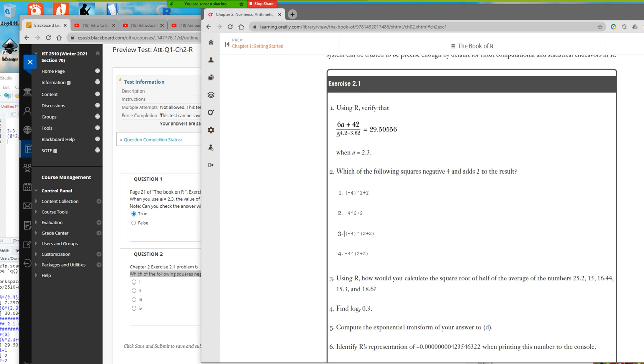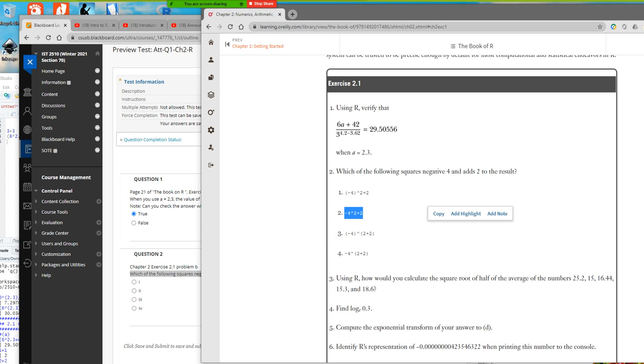It would be number 1. Yeah, I think it's number 1, right? So negative 4, and you square it, and then you plus 2. I'm just curious, if I just type this in, I think it's number 2. Hold on. Because the first one would be the exponent, you add 2 to the exponent, and the second one is adding it to the total. No? I don't know. Oh, wait, no, they're the same. Ignore me.